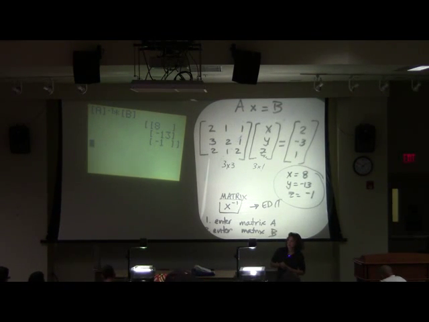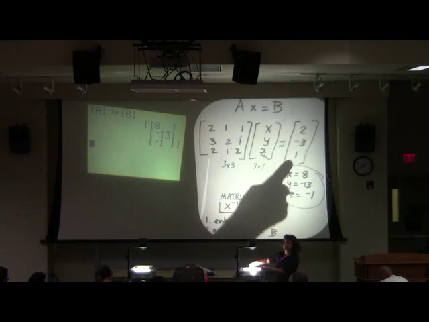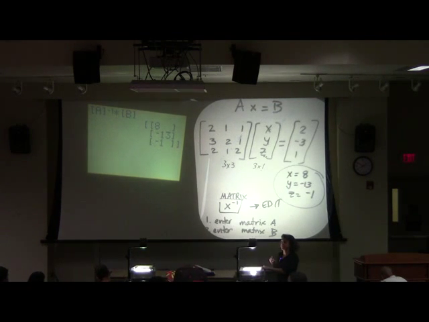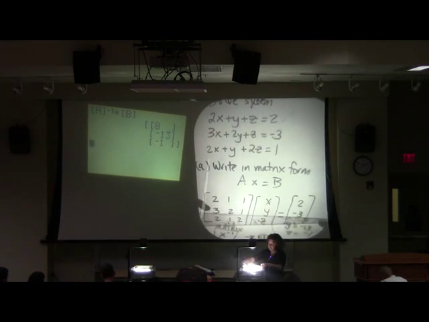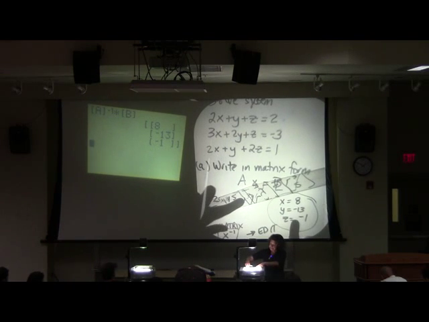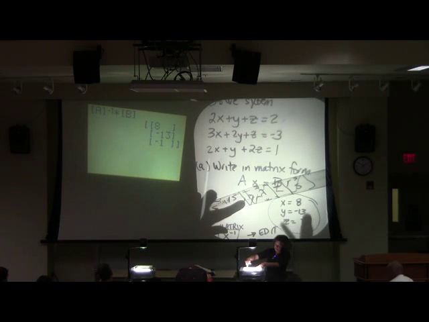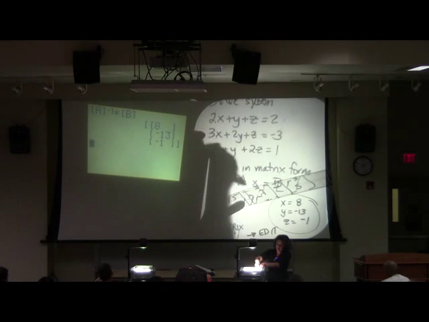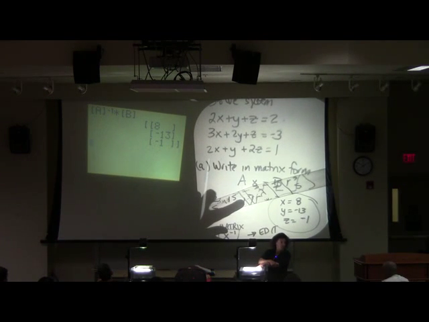What did you enter for your B matrix? It's what the equations are equal to. This guy over here. We'll go through another example. In other words, you guys, if I plug in x equals 8, y is negative 13, and z is negative 1 into each of these equations, I'm going to have equality all over. You guys want to see more examples? Yes?